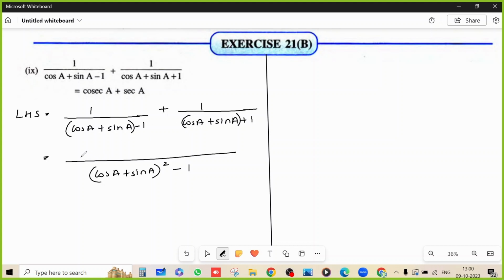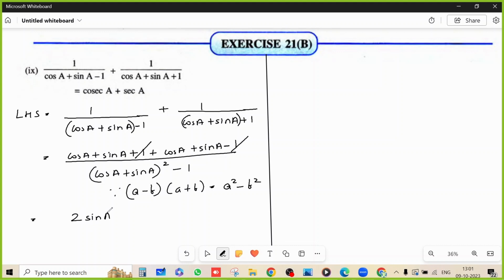And the numerator will be equal to cos A plus sin A plus 1 plus cos A plus sin A minus 1. The denominator here is, because of the formula, (A minus B) into (A plus B) is equal to A square minus B square. Plus 1 minus 1 will get cancelled out. So this will become 2 (sin A plus cos A)